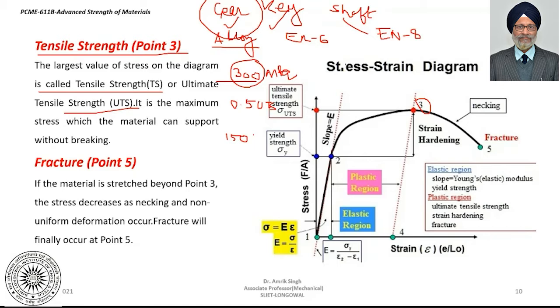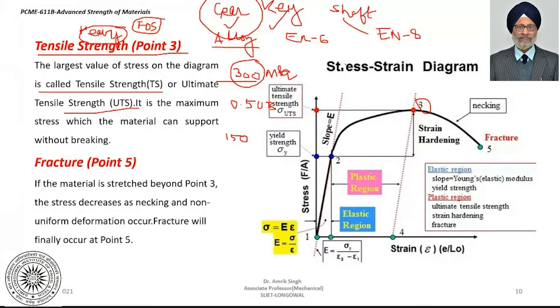So earlier when computer calculations were not that easily available, we used to have much larger factors of safety. And because we kept the factor of safety high, we had to use materials which were costly and the component used to be heavy. But nowadays we can predict the exact value, so we can go for a finer range of the factor of safety, and we can make things lighter.